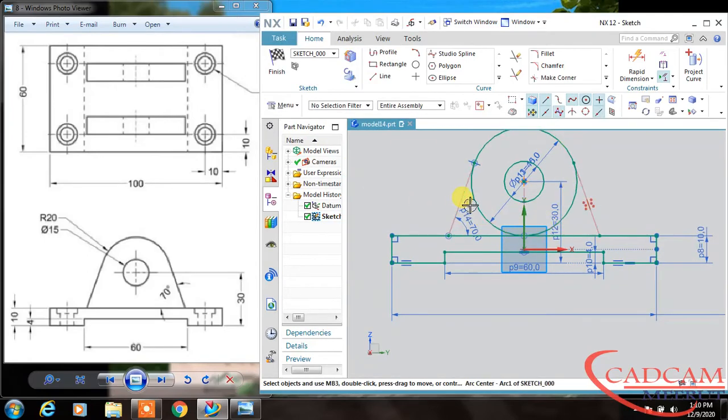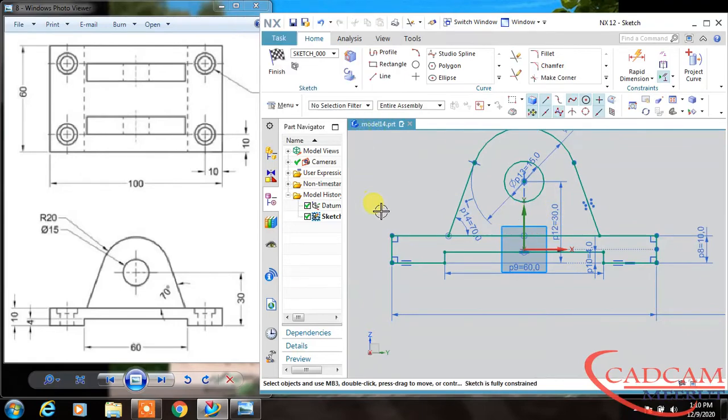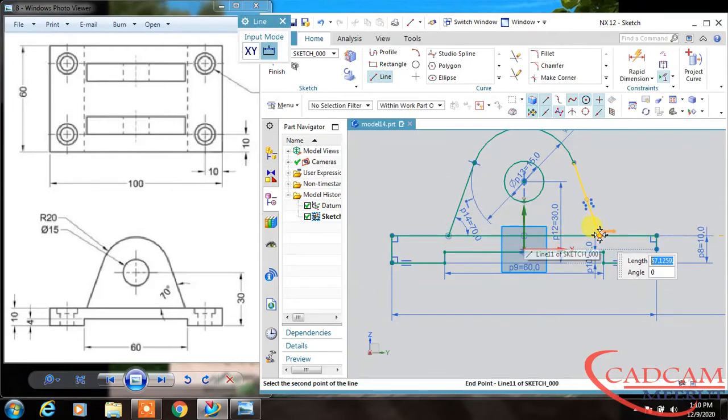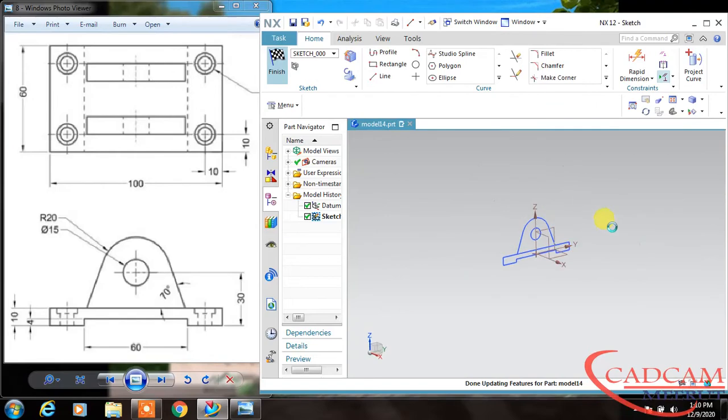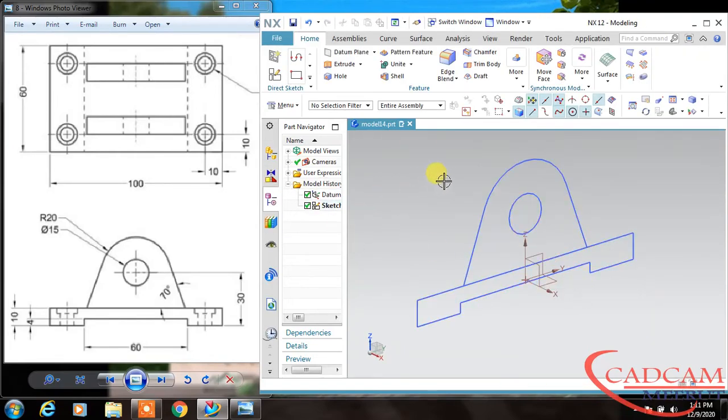Now I'm going to trim this circle from this inner portion, like, and draw one more line from this point to this point. Now my first sketch is ready. Just finish this. Now we will extrude